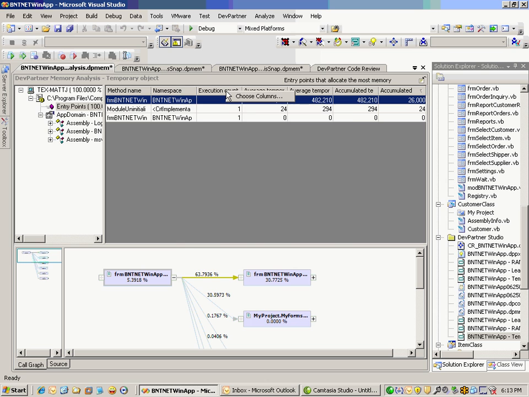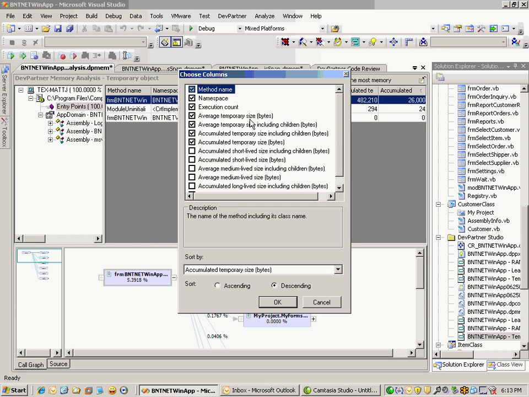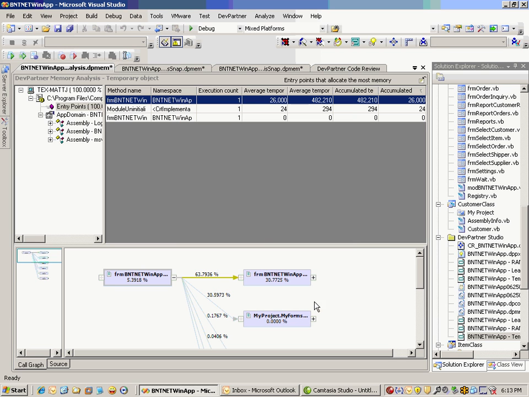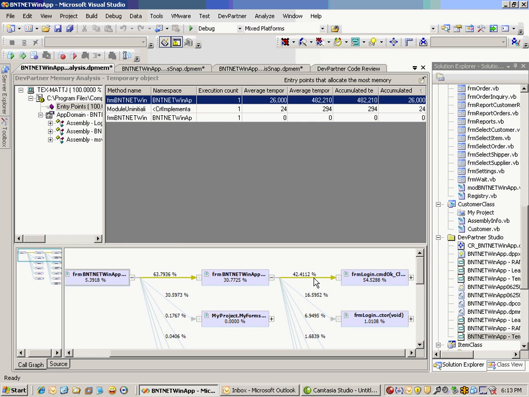So from here, now that I've got it sorted, I can go in again and go up or down the tree and see the percentage of bytes of memory and temporary objects that are being allocated and held within each particular method. So I can continue drilling through, or if I get to a point where I know I want to focus, like this form login we saw before, then I can go into view source, go into the source,